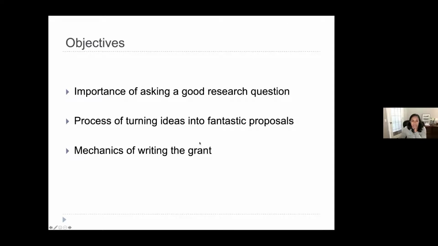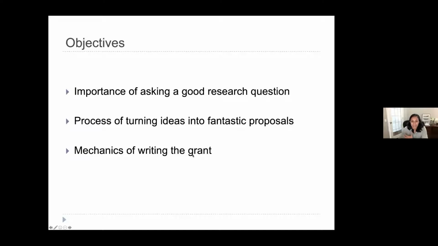We're going to discuss the importance of asking a good research question. A great grant starts with a good research question and a priority question. Then we'll talk about the process of turning ideas into fantastic proposals, and then spend some time discussing the mechanics of writing the grant, because writing a successful grant is